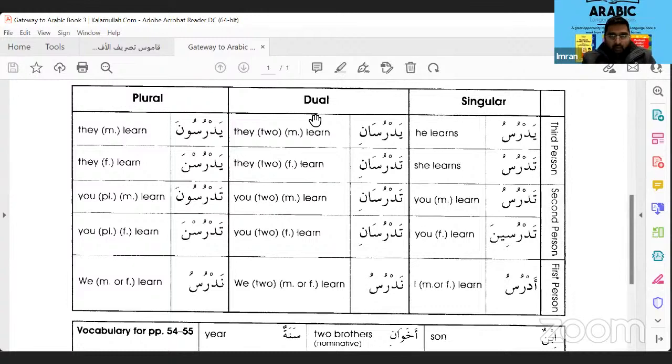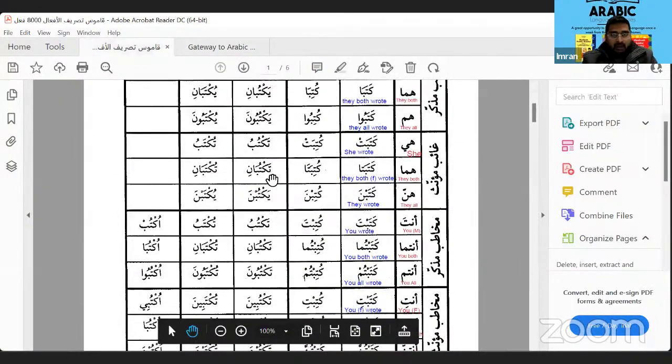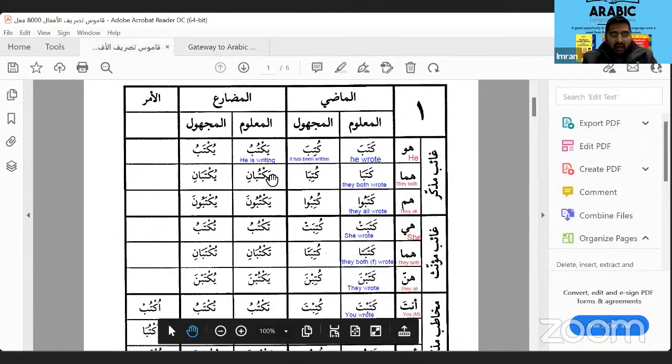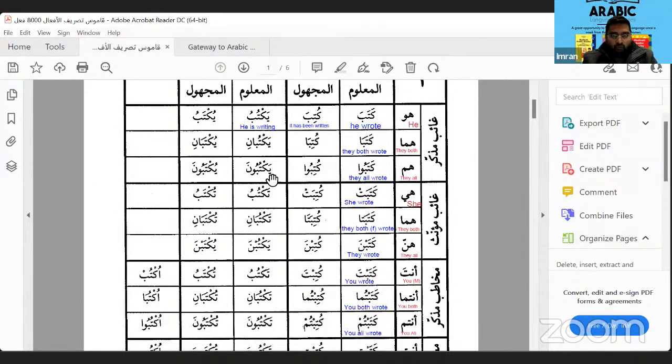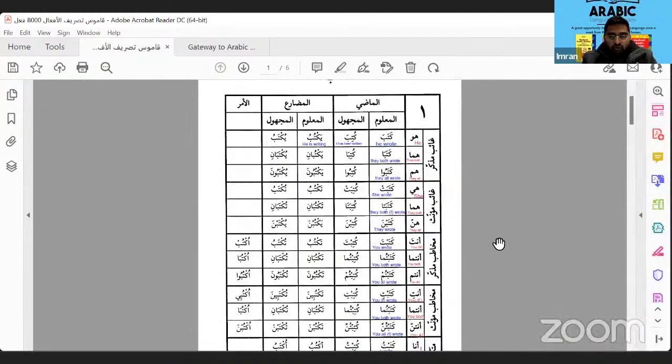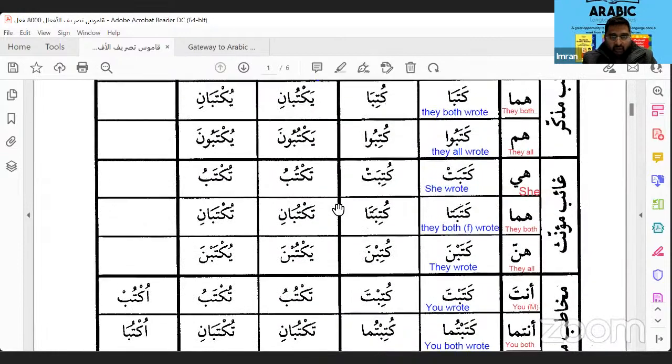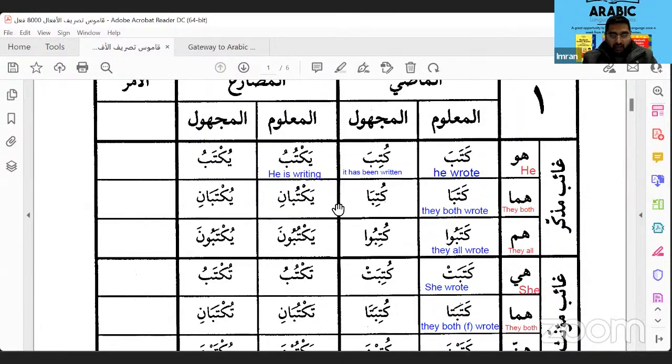Now, in the Arabic language, present tense, let me use this first, and then I'll use the other one. Now, the present tense again has 14 forms, like the past tense. Now, the difference is some are different. So I'm going to quickly show you this. You will see that in the present tense,